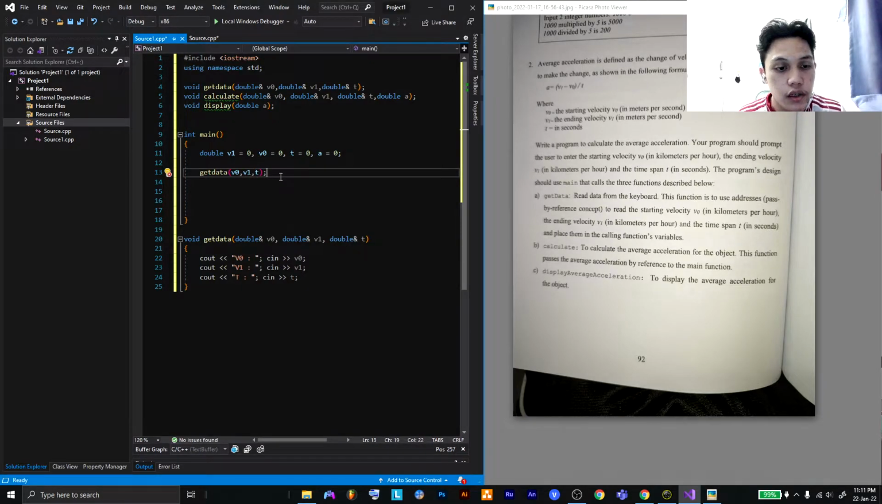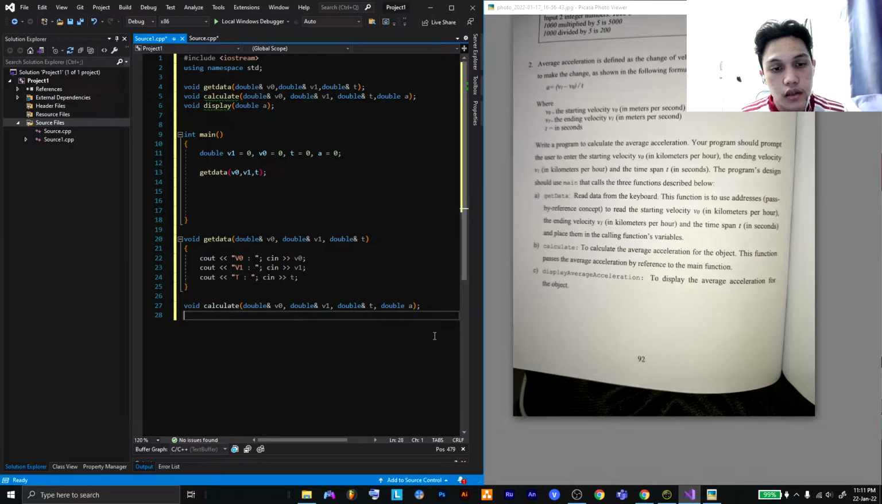Now we have called the data, and the green line near the bottom has disappeared because we have called the function. And now we are going to make a void calculate function. Put this down there. I'm going to remove the bracket, remove the semicolon, put the bracket,